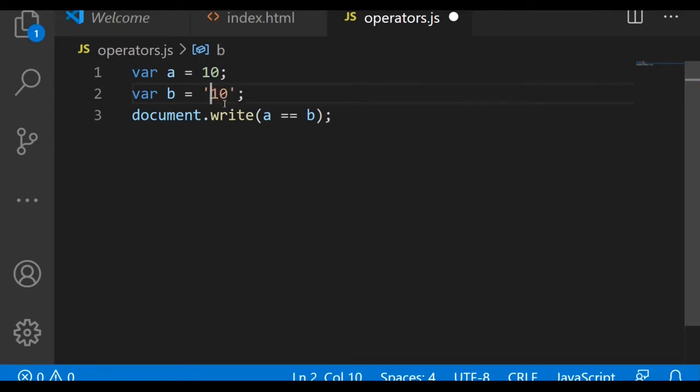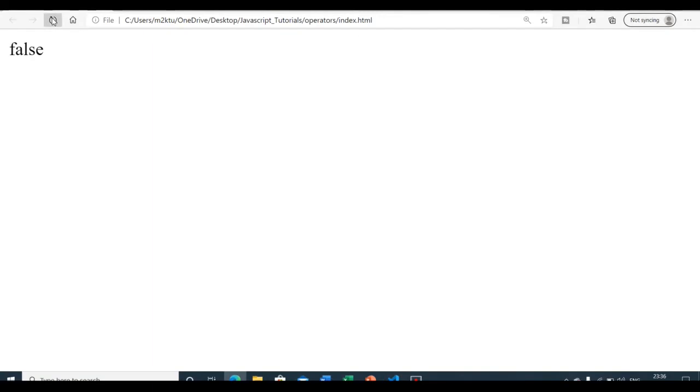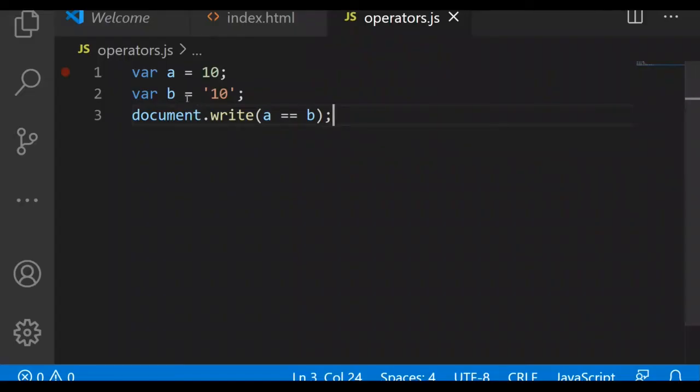So b = '10', and again check if a == b, and fair enough, it's still true. So what happened here? Even though b is a string, the equality operator converted it to a number and gave the result as true.